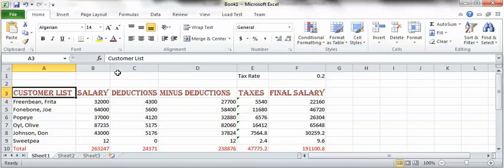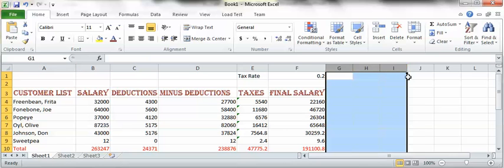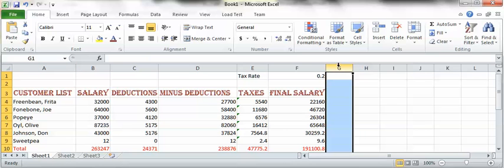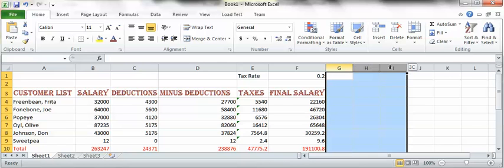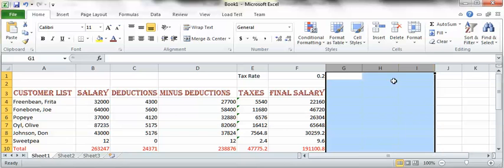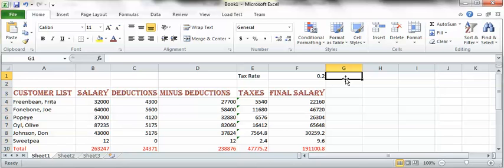You can also change the width of several columns. If you select them, the entire columns. When you get this black downward arrow, move across, go to the last column, drag it out a little bit. You can see that all the columns increase their width. Okay, now